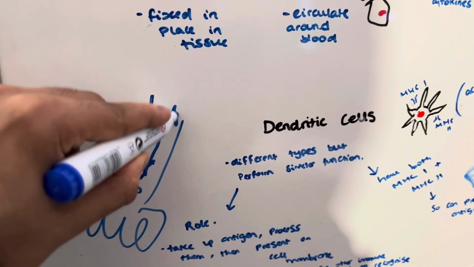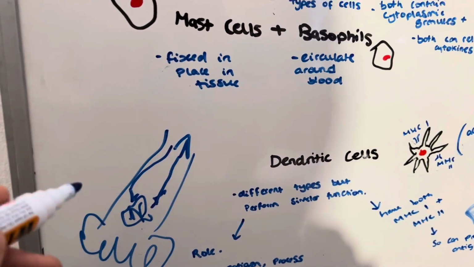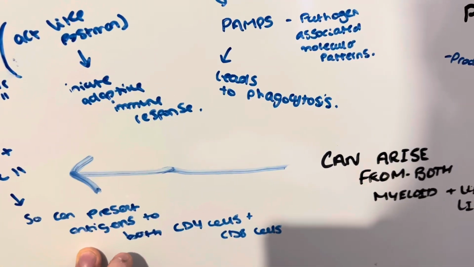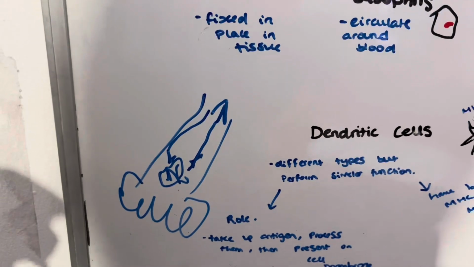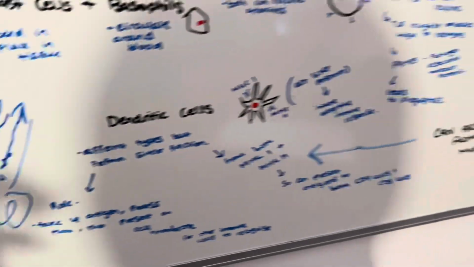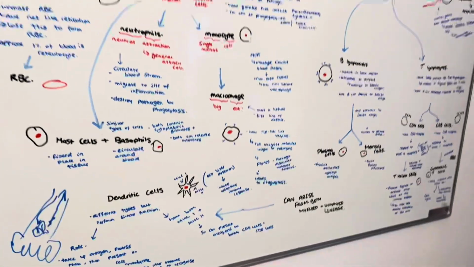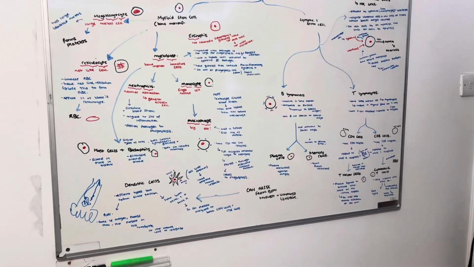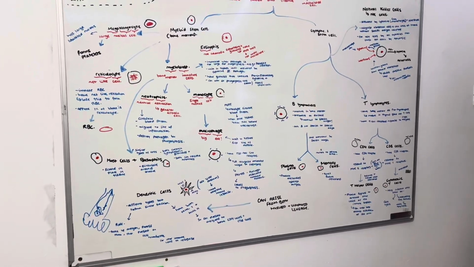And then they would go back, and like I said, they act as a postman. They present the antigens on both the CD4 cells and CD8 cells, and they can take it to other parts of the body, and that would initiate your adaptive immune response. So that's a quick overview of the different types of cells. I think the next video I need to make should be about specific